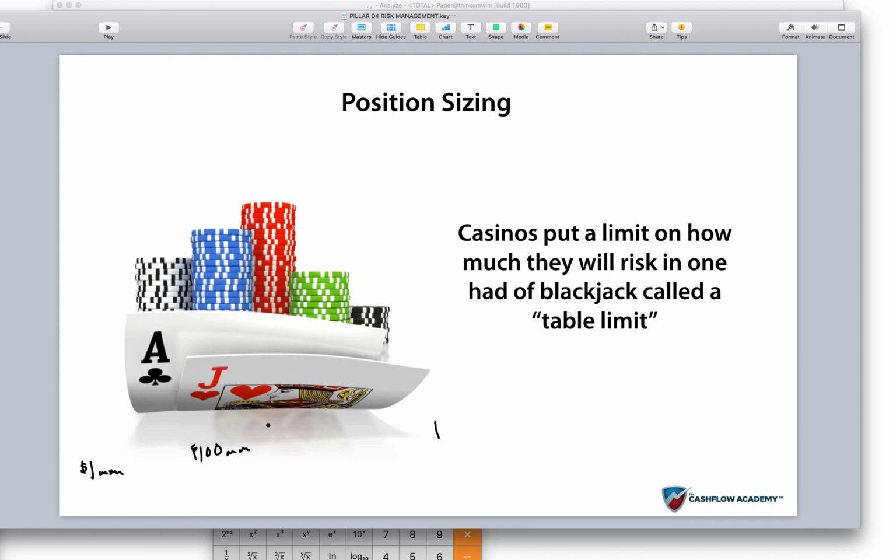Why would the casino, if the casino has the advantage, why would they care how much? If they have a mathematical advantage every time, why put a limit on there? If they win 51% of the time and I win 49% of the time, why wouldn't you want to max that out? Why wouldn't you bet $10 million over and over again? You'd be fine. Well, the problem is people can martingale, and how that works is this: you bet 1 and you lose,